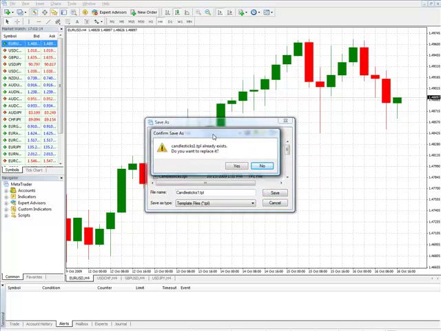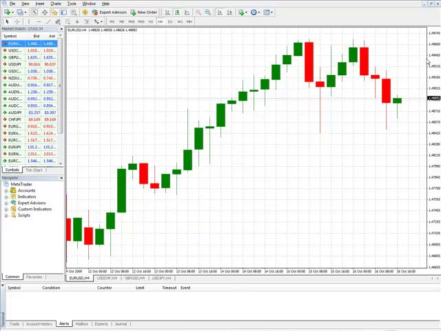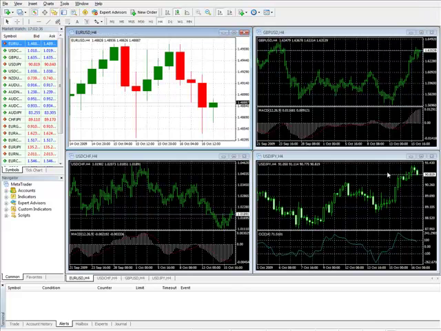If it's already in there, it'll tell you that it exists and do you want to replace it. I've created this ahead of time. So yes, I want to replace it. You won't see this because you'll just be creating candlesticks1.tpl for the first time. And there we go. Okay, so that's how that chart looks